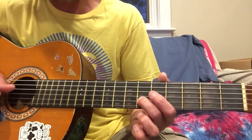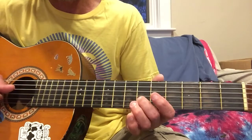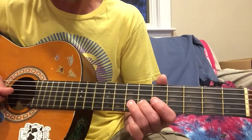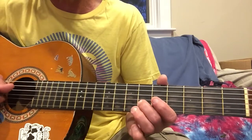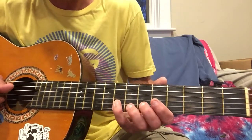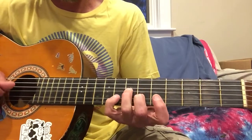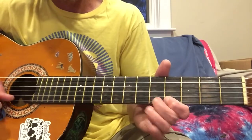Back to the 2nd at 6. Then the 2nd at 8. Then the 2nd at 6 again. So we have 5, 6, 7, 7. That's on the 3rd. Then 2nd string, 6th fret. Back to that. Back to that. And then the 8th fret on the 2nd. 6th fret on the 2nd. So altogether that is